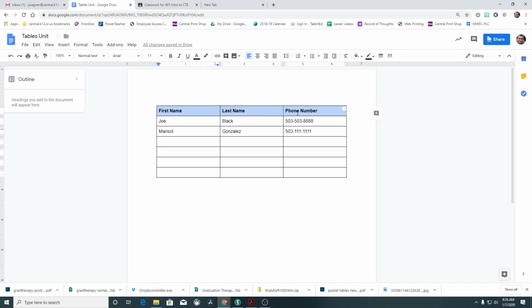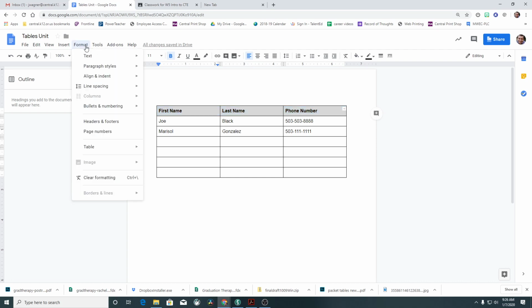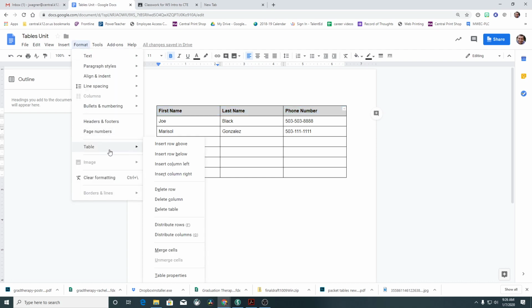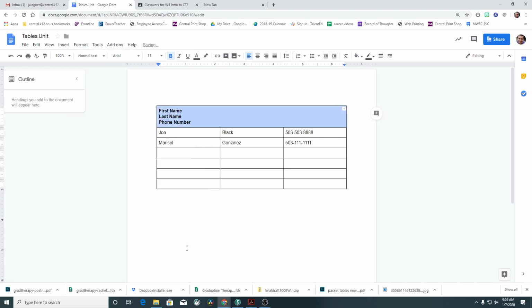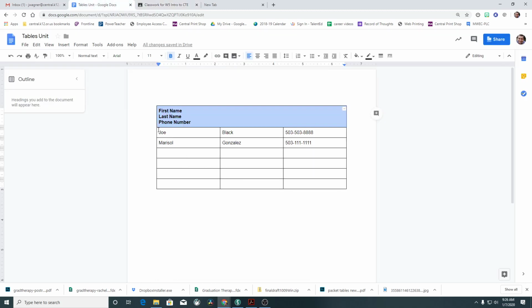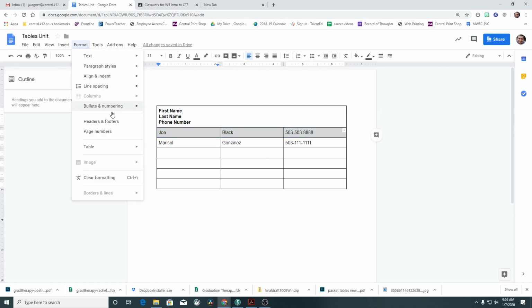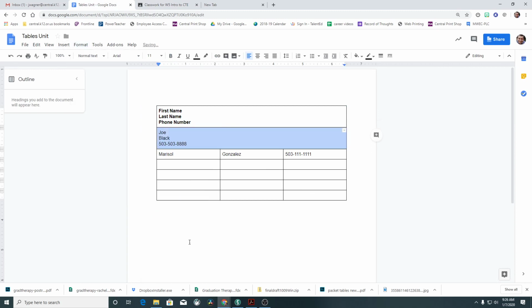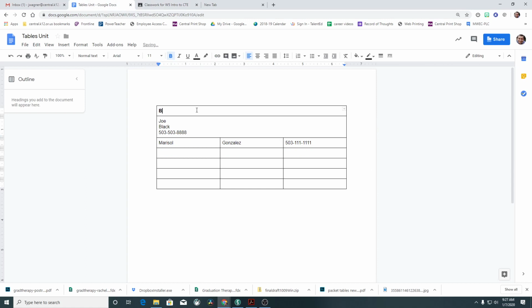Now I'm going to combine these cells together. So if I go up here, I can go Format, Table, Merge Cells, and it merges those cells. And you'll notice I need these cells merged together and these ones too. So I'll click here, and I'll go Format, Table, Merge Cells. Now this cell is supposed to say Broadway ticket sales, all caps. So I'll type here,